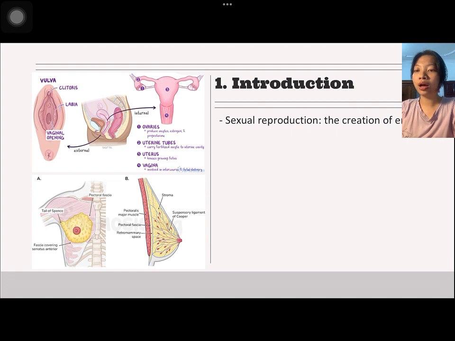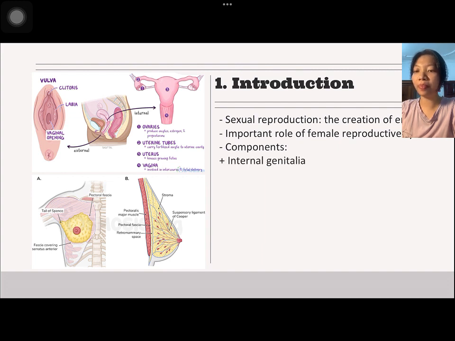There are three major components of the female reproductive system. The internal reproductive organs can be found within the pelvic cavity, and they include the ovaries, which produce the female sex cells called oocytes, as well as the sex hormones estrogen and progesterone. The uterine tubes, which carry the fertilized oocytes to the uterine cavity. The uterus, which houses the growing fetus during pregnancy, and the vagina, which is involved both in intercourse and fetal